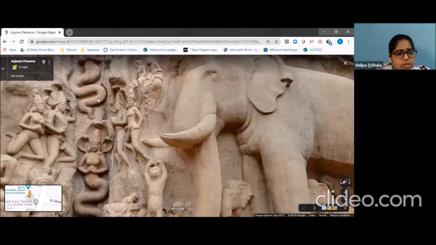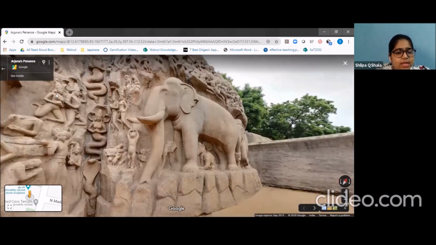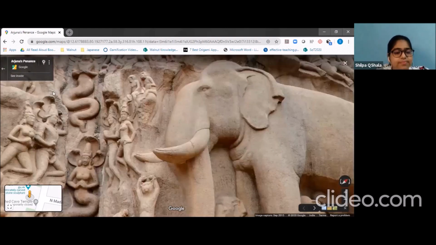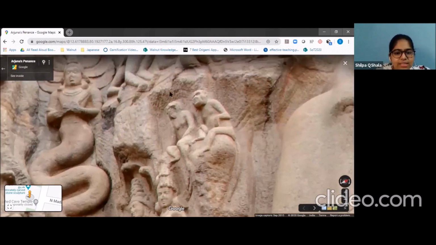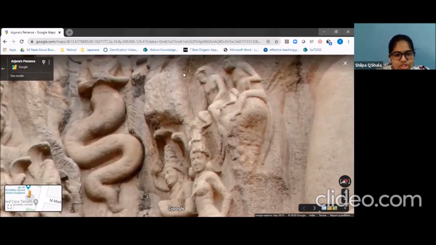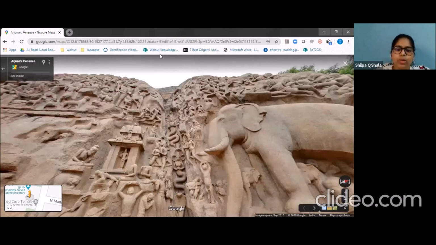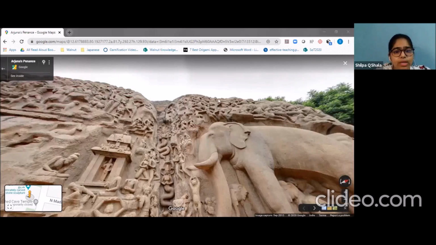And if you see on the top here, there is the Ganga. This ridge that you see here is basically referred to as the Ganga, which is flowing down onto the earth. And if you see how these sculptures have been sculpted, on the top you can see that there are the devas or the godly figures.